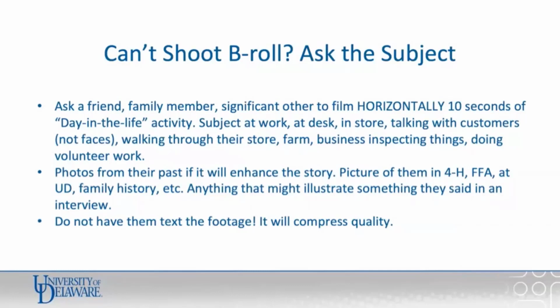Do not have them text the footage. That is a big issue that I've found a lot of times, particularly when you're working with volunteers. The footage is on their phone and they think, okay, well, I'll send it to you. You want to instead have them upload it maybe to Google Drive from their phone, or send it in an email and make sure that they're checking the box that says largest file size, because when you text a photo